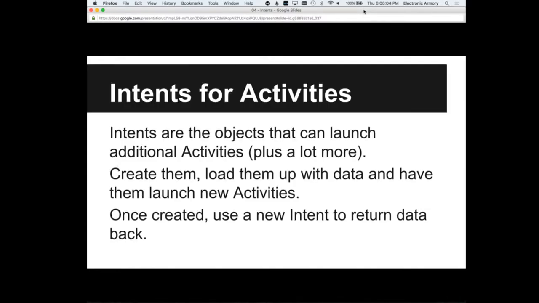All right, so intents. What is an intent? So this is kind of my definition. I think I have another slide with the official definition, which is a little bit more dry. But intents are objects that can launch additional activities. So what's an activity? Just to remind you, an activity is a place or a little tiny mini application we